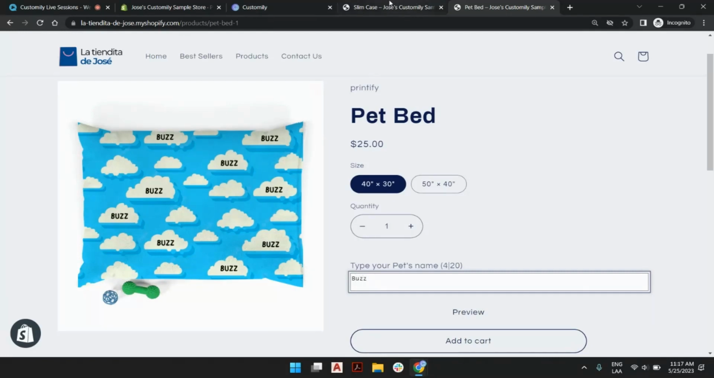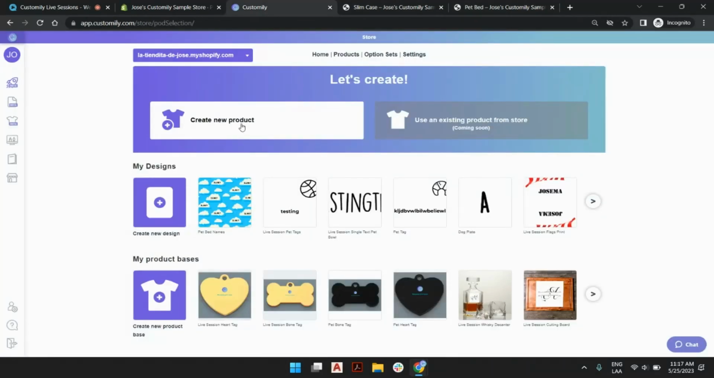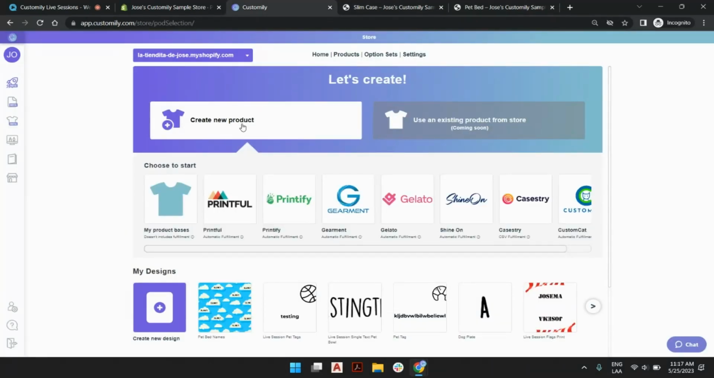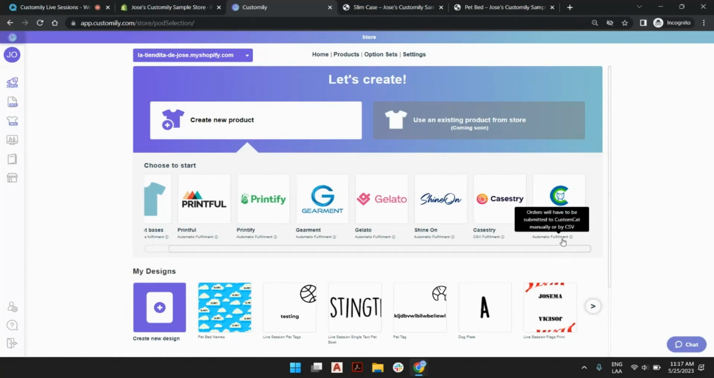Like that. So I'm going to click and create new product. As you can see, there's a list of print-on-demand providers that we have integrated with, and those that indicate automatic fulfillment means they have API connection. And so if you have an account with them and you have your API, you can actually input that and finish